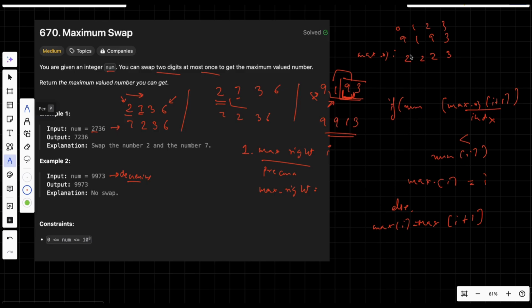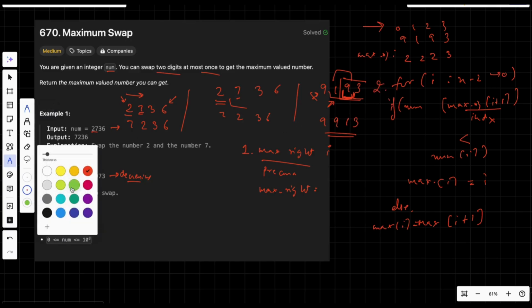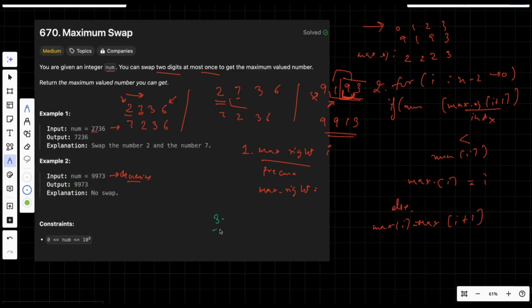Now once we have got all of them, we can check for each of these indices from the right. This computation we had done for our I from n minus 2 till 0. So this will be our second step. Now for our third step, we should do our computation from this side and check for each index whether we have a greater number on the right side of it. So we should run a loop, let's say from 0 till n, and for any case if we get a number,